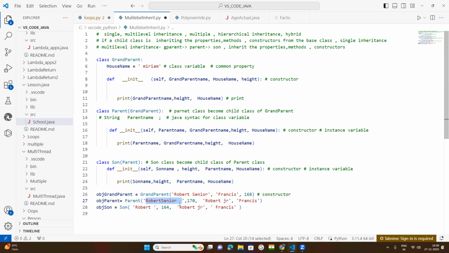Suppose Sridhar's father's name is Raghav. So the next name is Raghav Sridhar. The grandson's name is Suman, Grand Sridhar Suman, like that. So here Robert Senior's name is added with Robert Junior. So this is single level inheritance. Next, Robert is added with his father's name, Robert Junior. So next level inheritance. So I can simply say that multi-level inheritance is achieved here. Okay. So next,